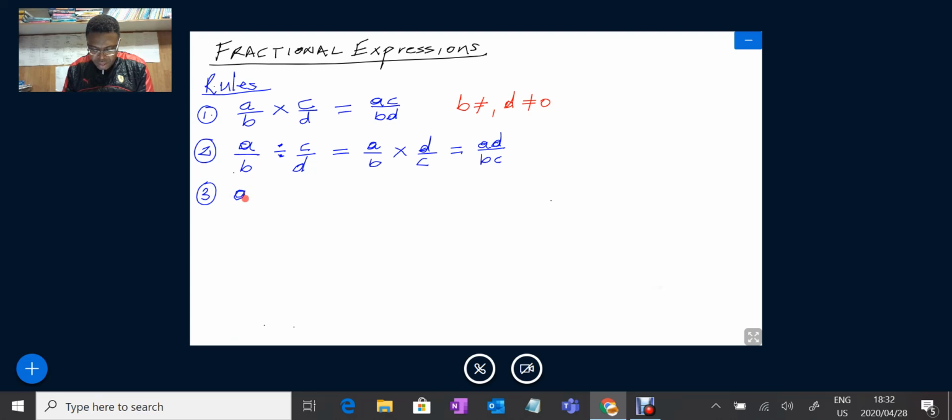So we have A over B. We add or we subtract C over D. And then we have A, it's plus, or subtract C, depending on what it is that you are doing, over